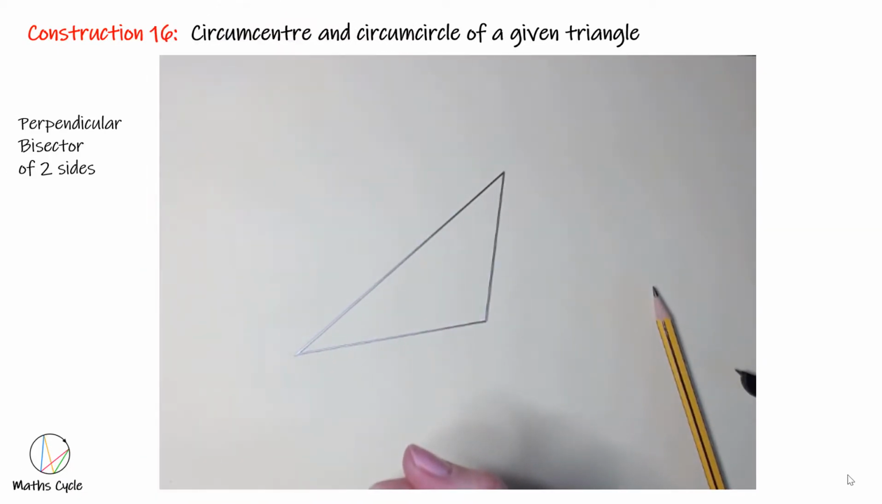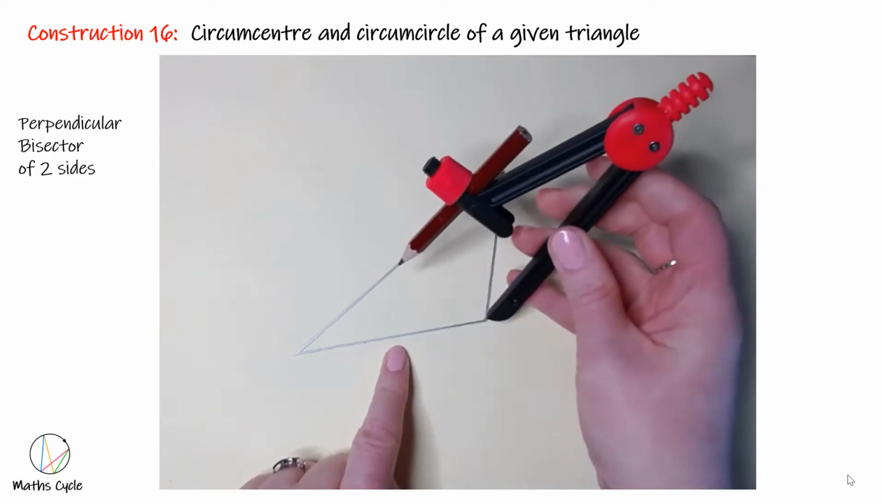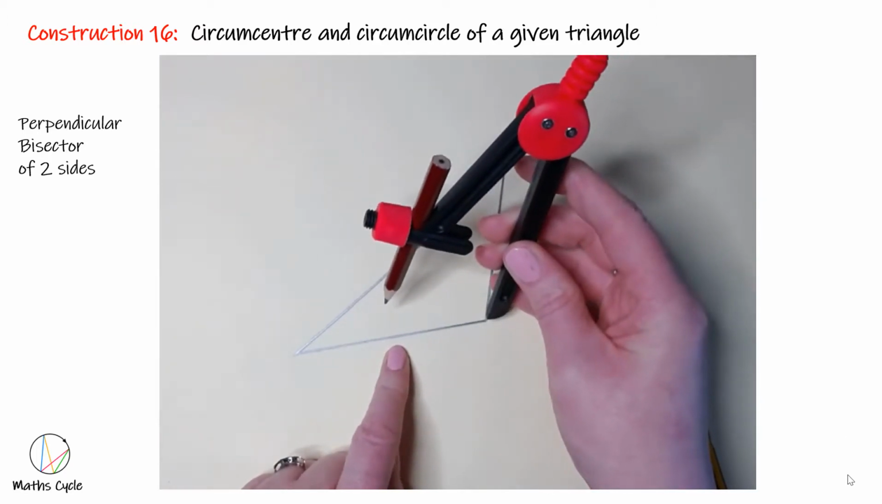Construction 16, circumcenter and circumcircle of a given triangle. Okay, so here I have a given triangle, and what I need to do is get the perpendicular bisector of two sides. So I'm going to start with this side, and to get the perpendicular bisector, if you remember, you